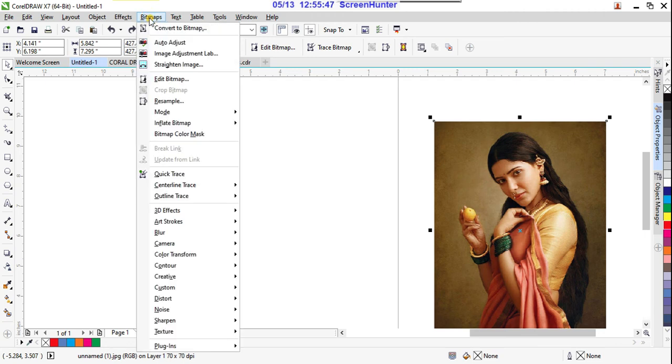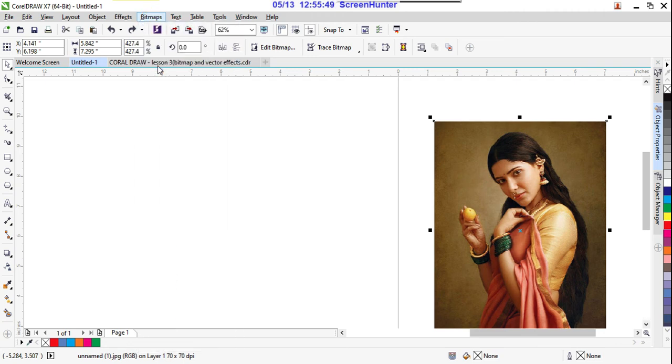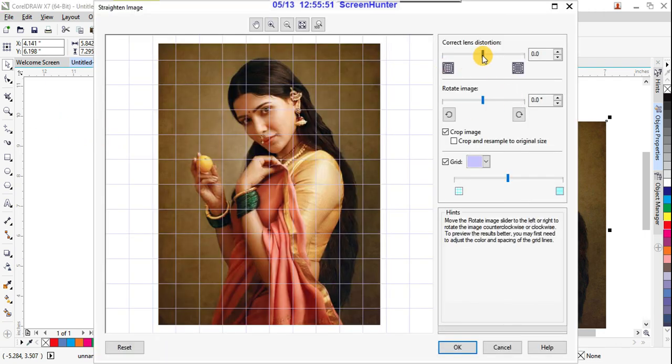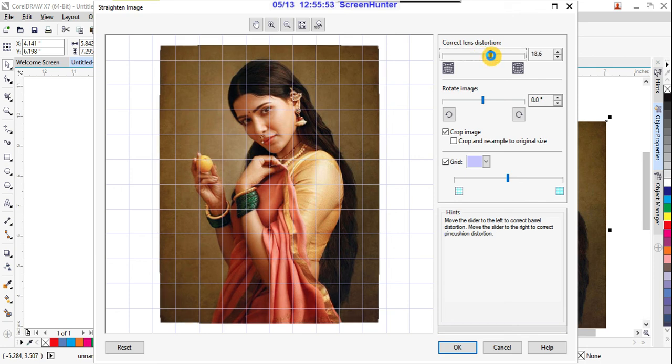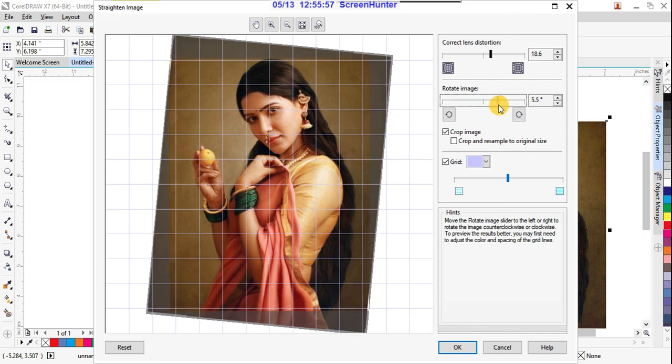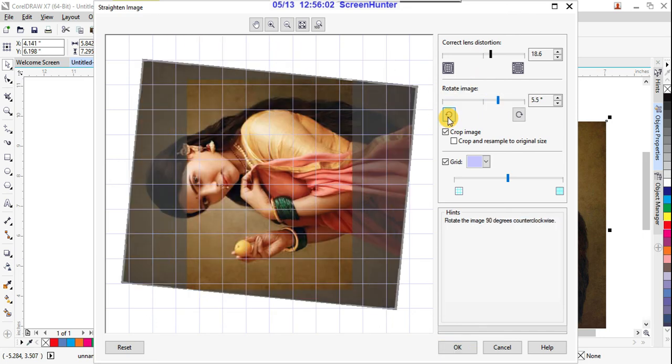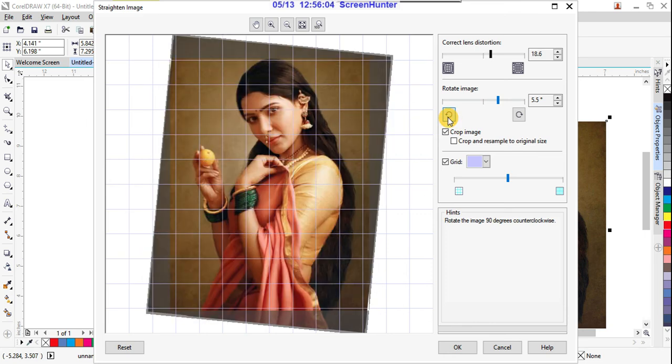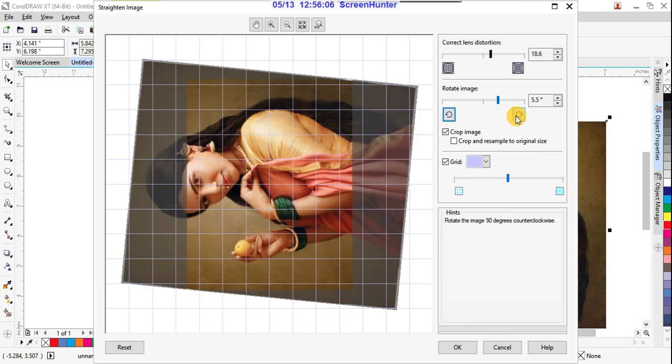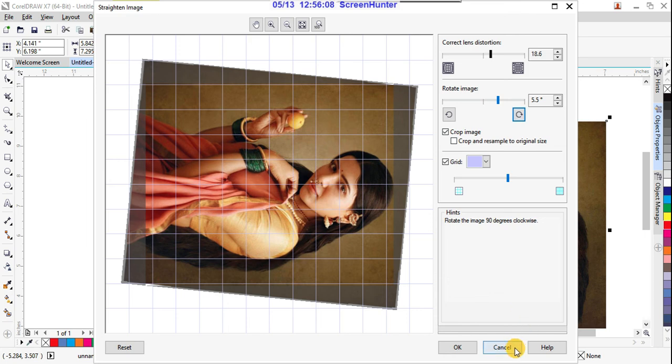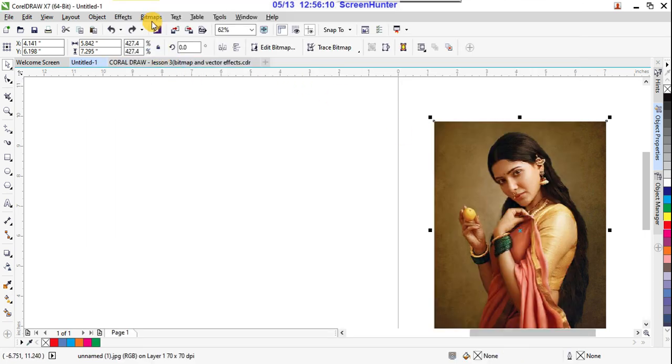And again here from bitmaps, again straighten an image. Suppose if your image is in curve mode, right, we use this straighten an image button. See, you are turning, rotating this, so say cancel, yeah, get back to normal.